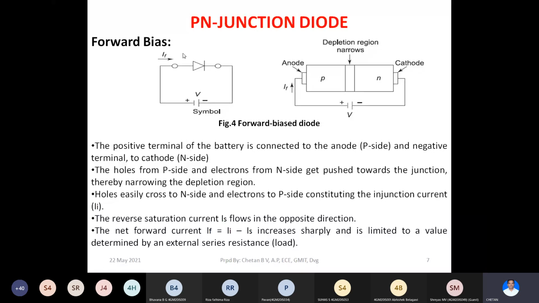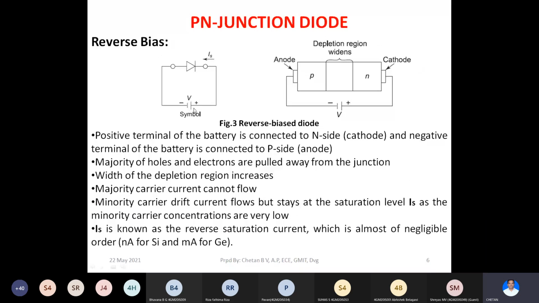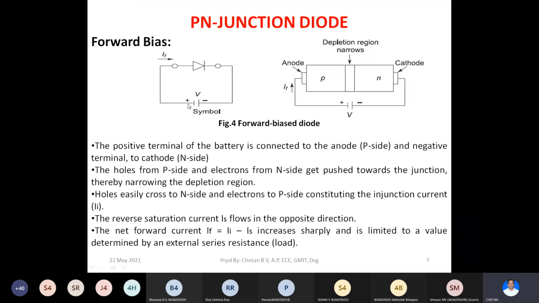So here you can see the positive terminal of the diode, which is anode, is connected to the positive terminal of the battery, and the negative terminal of this diode, which is cathode, is connected to the negative terminal of the battery. And the current direction is from positive terminal to the negative terminal, that is from left to right. Here also you can observe the direction of current will be from positive terminal of battery towards negative, that is from right to left. Always the conventional current direction will be from positive terminal of battery to the negative terminal of the battery. Here also the conventional current direction is from positive terminal of the battery towards the negative terminal, right?